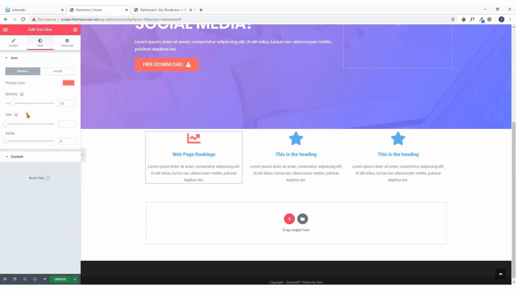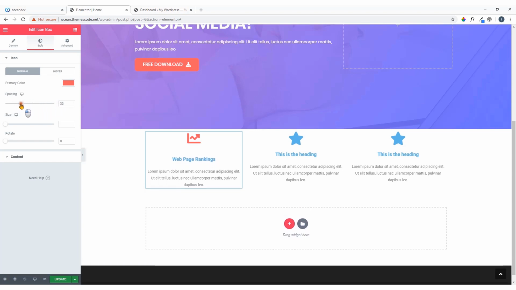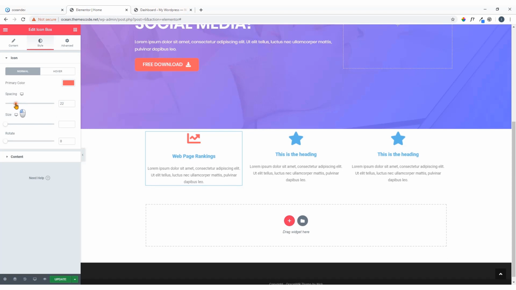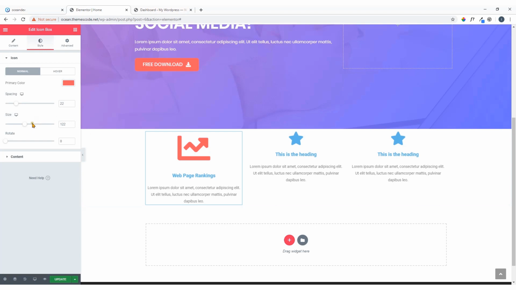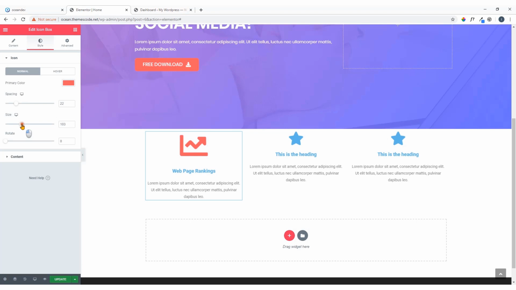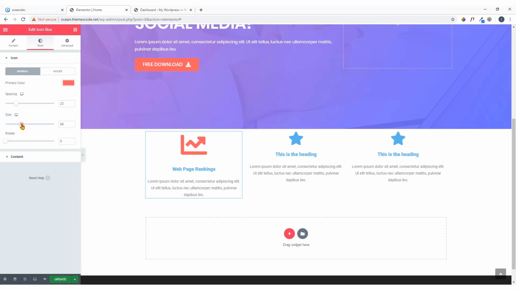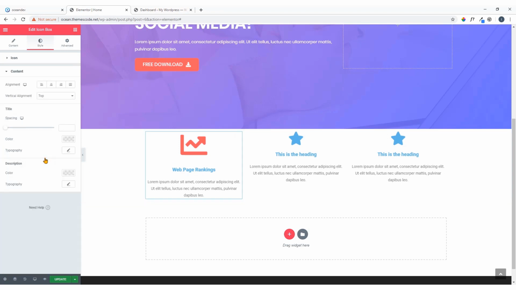Okay, now here you can see you can increase or decrease the space. You can increase the size of the icon. Here it is, the icon is a bit small, but I think the icon should be 100 pixel. Okay, 100 pixel. And let's see how to change the title. So go to the content